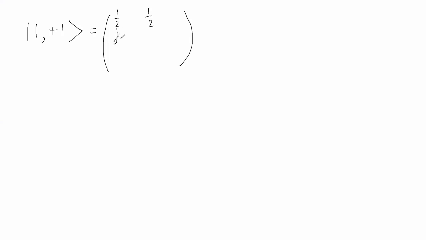This I may call J1. This I may call J2. And then we have the total angular momentum J, which is 1. See, J or L or S will never carry any sign. Only the projection will carry a sign. This is the projection. And then what is my result?